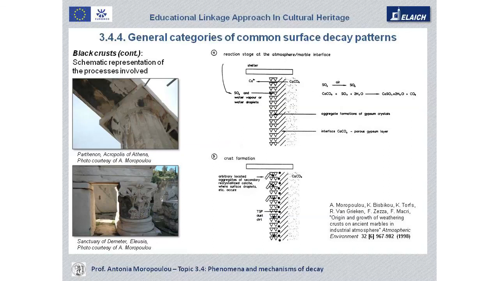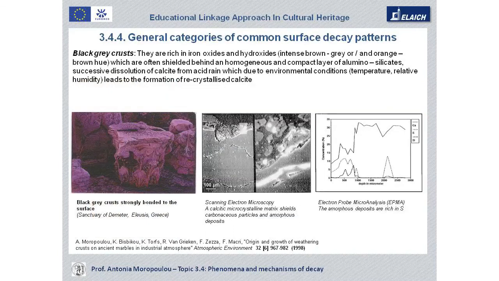This is the reason that various carbon aggregates might cover and give the black color to the gypsum crystals. This is the reason that we usually refer to black crusts. We have black-gray crusts. These are very well adhered crusts at the outer surface of the material, and they are